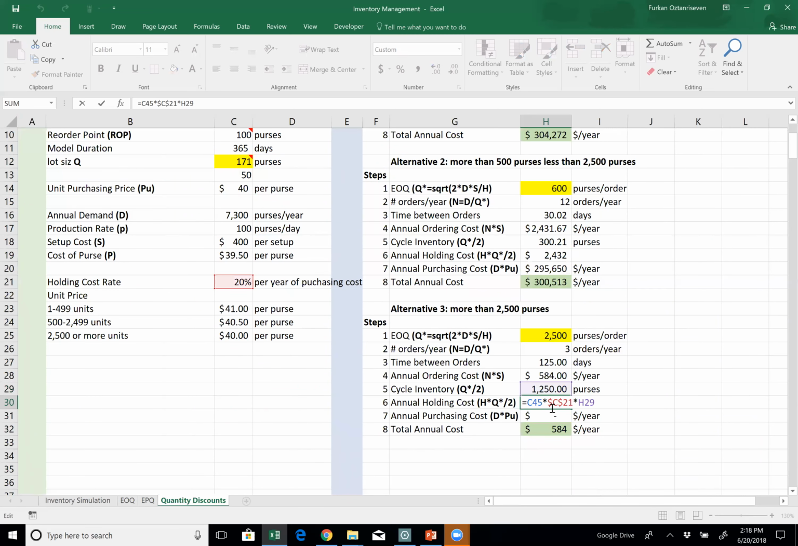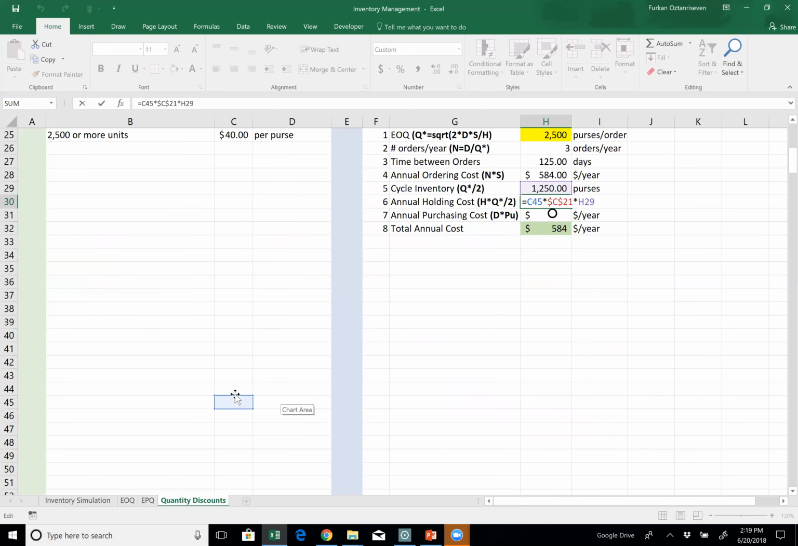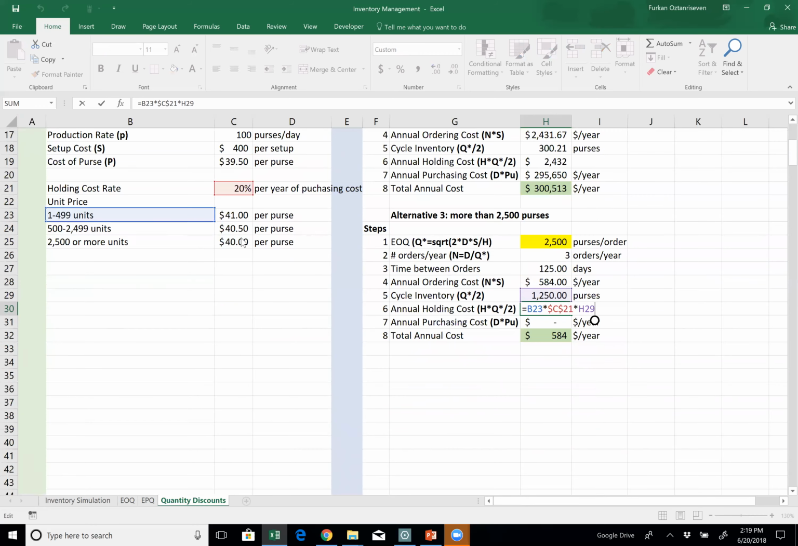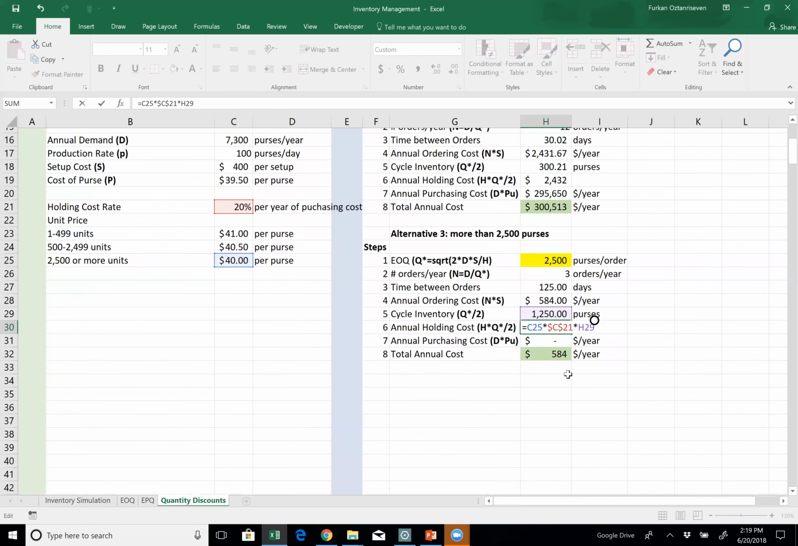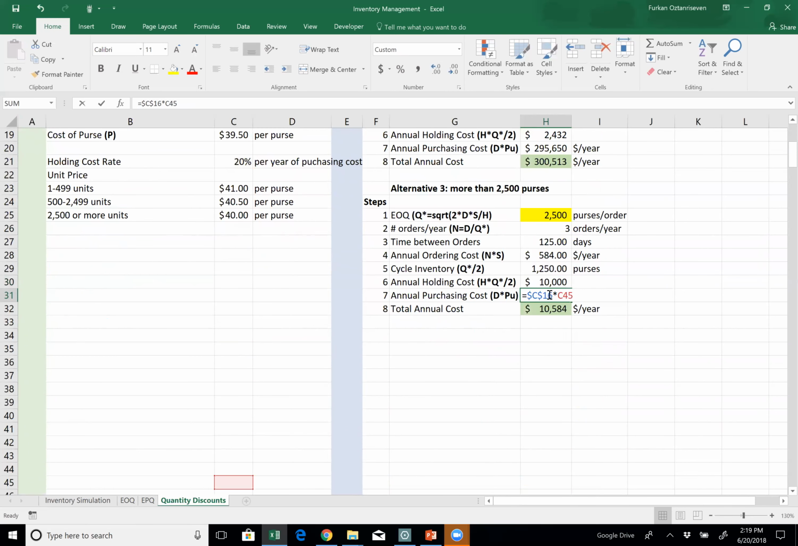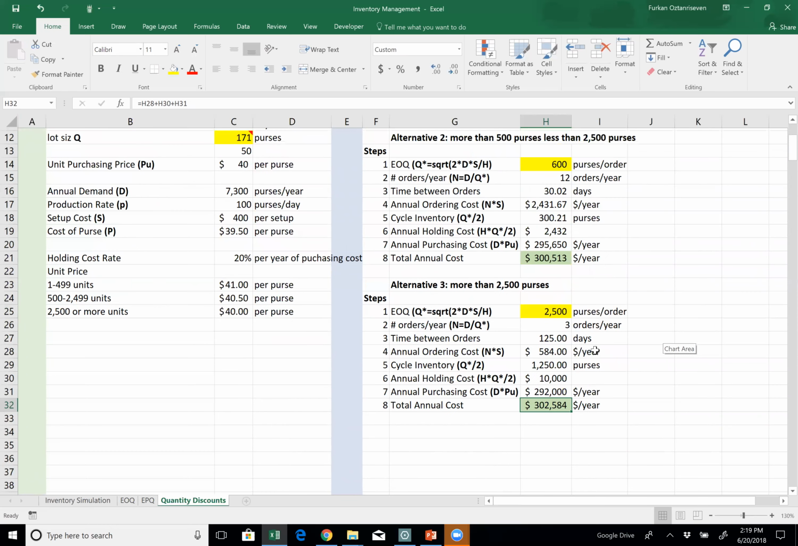So let's look at our annual holding costs. Again, my blue cell shouldn't be here. This time I pay $40 per purse. Okay. That looks good to me. $10,000 holding cost. That's quite high because we don't order that often. Annual purchasing cost, again, I spent $40 per purse. All right, so this ended up in